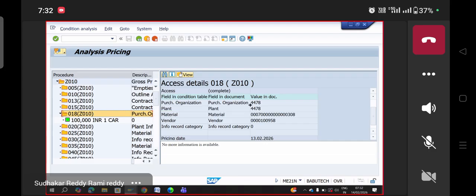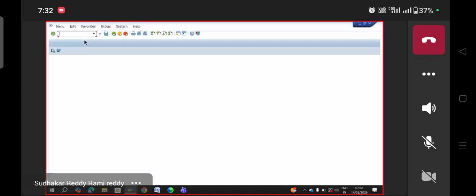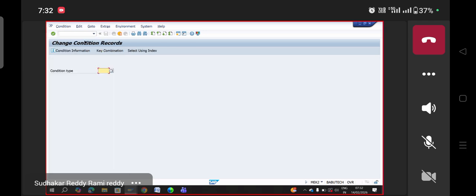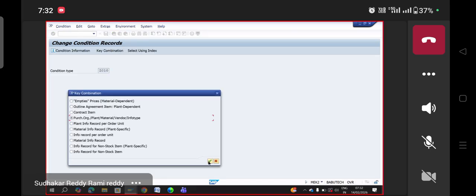One table is there. This table is having these fields. But in PO, in those fields, what values are there? With those values, the condition record is maintained in MEK1 T-code. You can see it in MEK2 in change mode. For Z010 automatic gross price, you maintain in this table